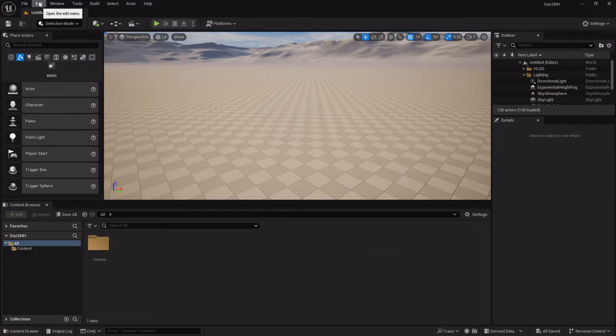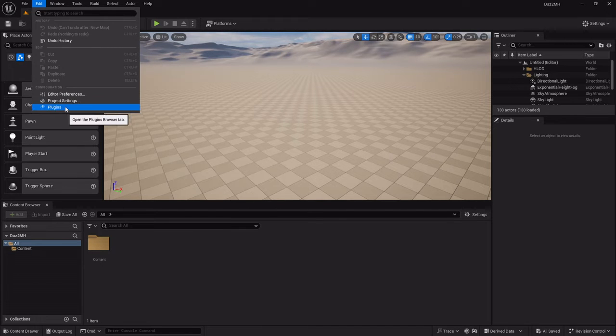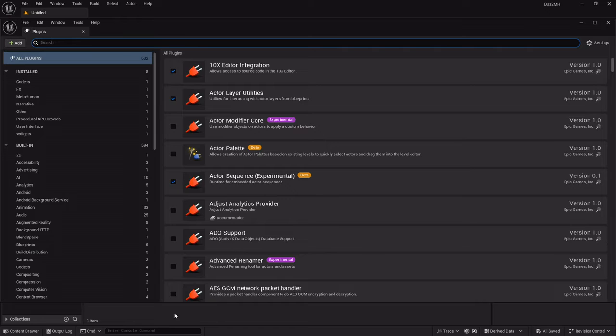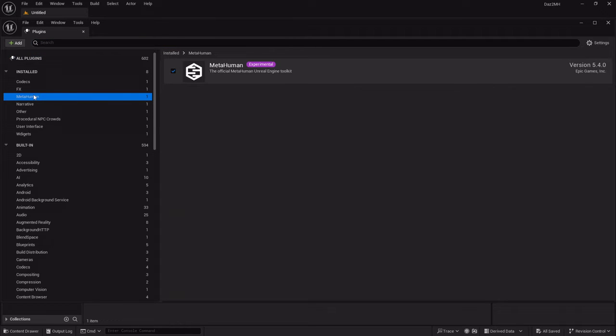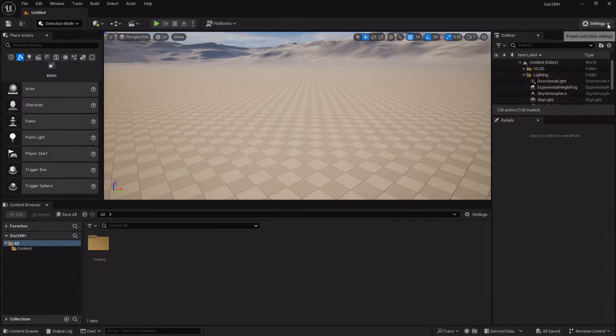You're going to want to go to your plugins and install it. And of course you're going to need the MetaHuman Unreal Engine Toolkit also. So once you get both of those installed, and I'm not going to go through the process, if you understand what I'm doing you'll probably know how to install these. You'll go back